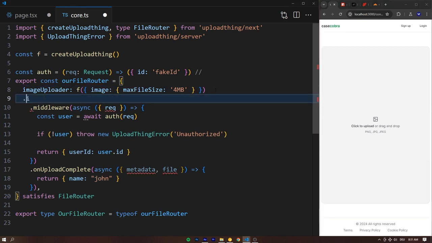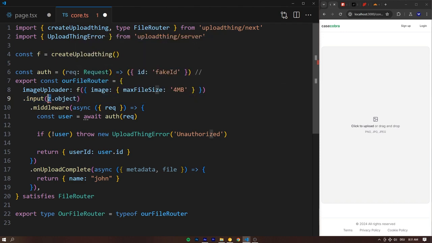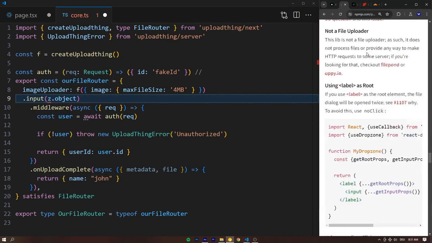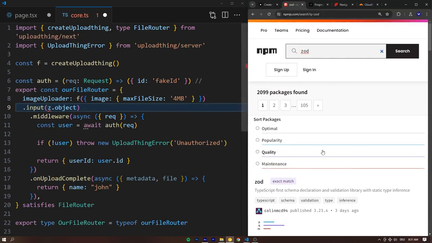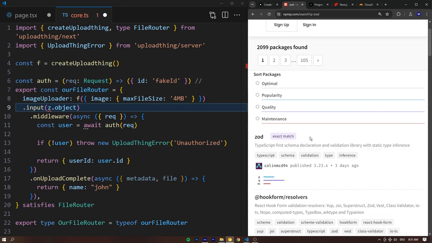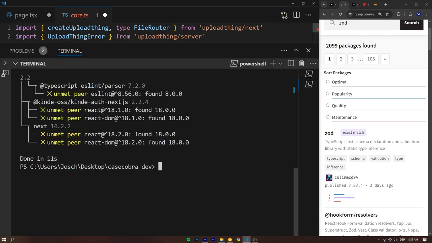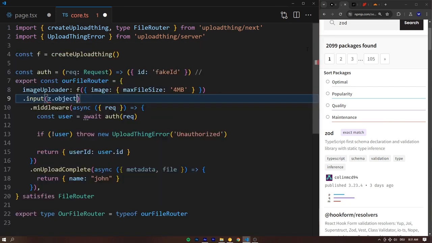And in order to do that, we can add a .input to our image uploader, which takes a z.object. And now what is z? Well, basically, we don't have that in our app. It doesn't exist. But z will come from a library that is called Zod. Right here. You might have heard of it, maybe not. It's a schema validation library. It allows us to pass in at runtime any object and then parse it to make sure that the type is what we expect. Let's say npm install Zod to install that package,